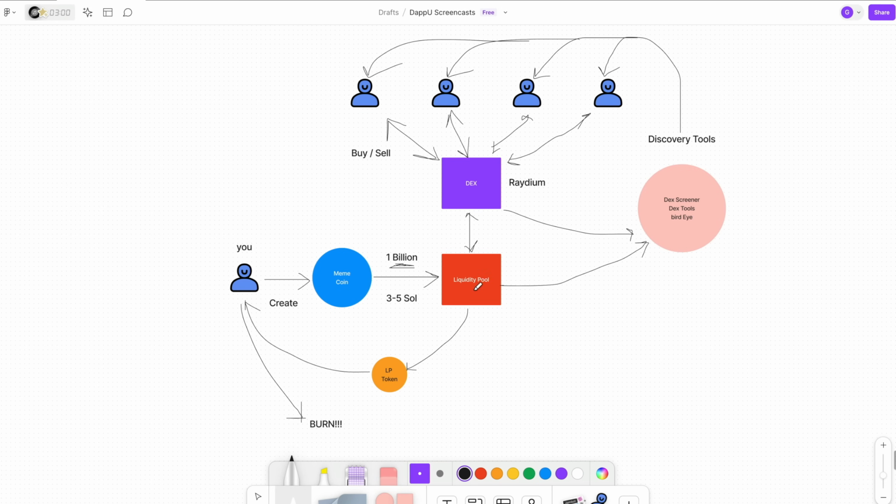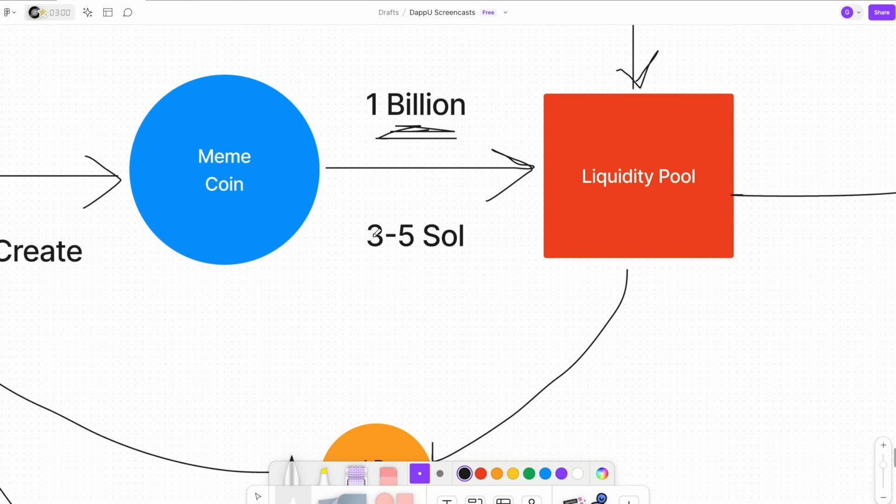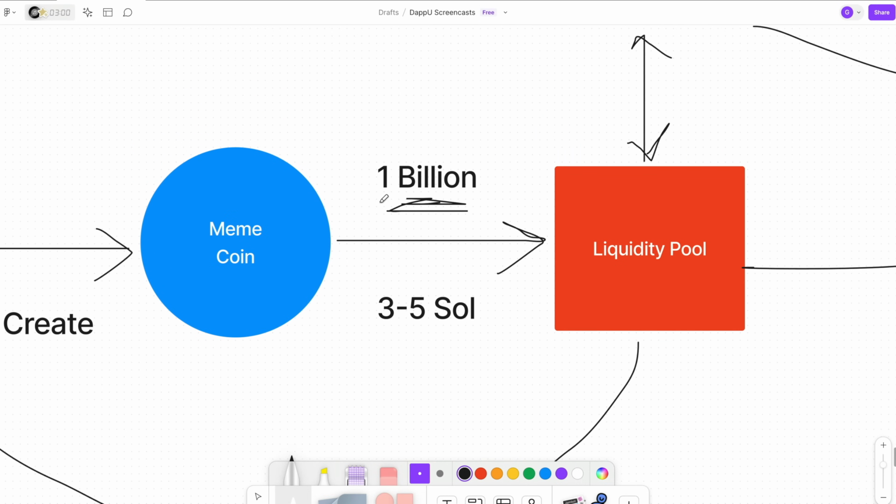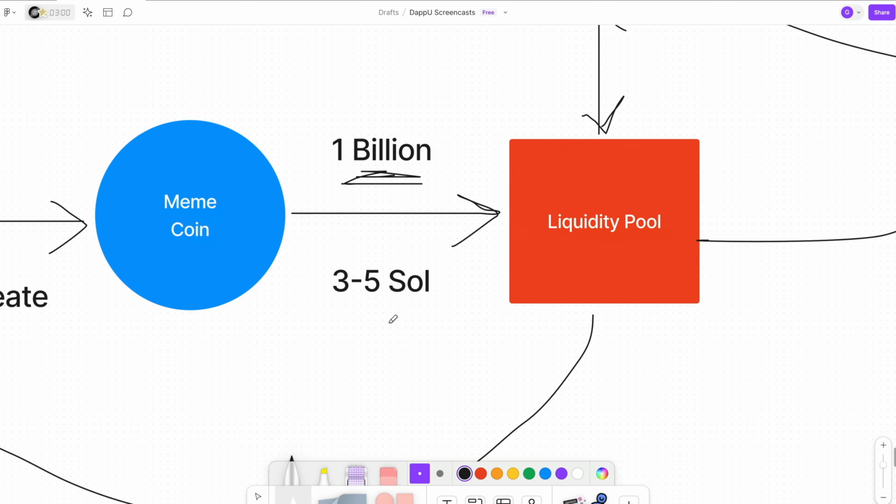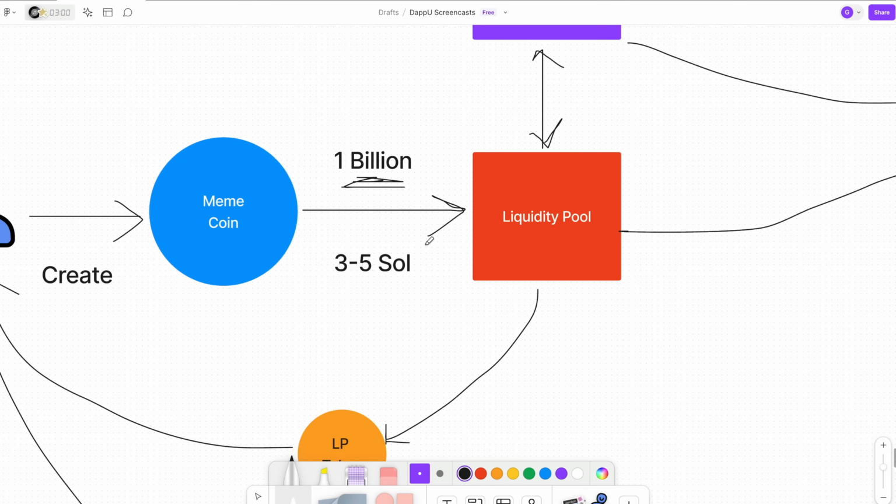This is just a giant reservoir of money that's parked into the app that gives the app the money to trade. And so you are going to be providing this. So what you're going to do is actually create a new liquidity pool. Basically, put 3 to 5 SOL with perhaps all of the tokens that you just created. You can also hold a small percentage back for yourself, let's say 5 to 10%. Or if you want people to press your project more, you can put all the tokens in there. You can buy your own coins on the open market, et cetera. But basically, you're going to pair your coins with 3 to 5 SOL inside of this liquidity pool.